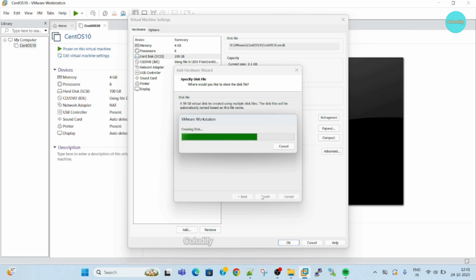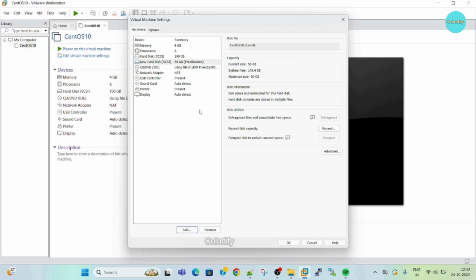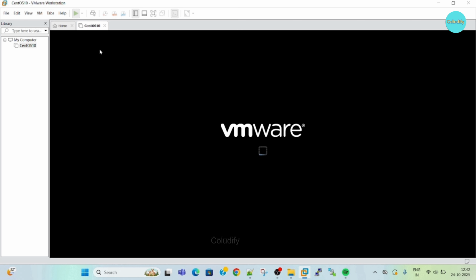Once they give you the extra disk space, later we need to find that disk in the Linux system, and after that we need to format that disk. Once we format, we need to add this disk into the file system, and after that add this disk to the fstab file. So here you can see our installation is nearly completed. You can see the hard disk is added here. Then click the OK button